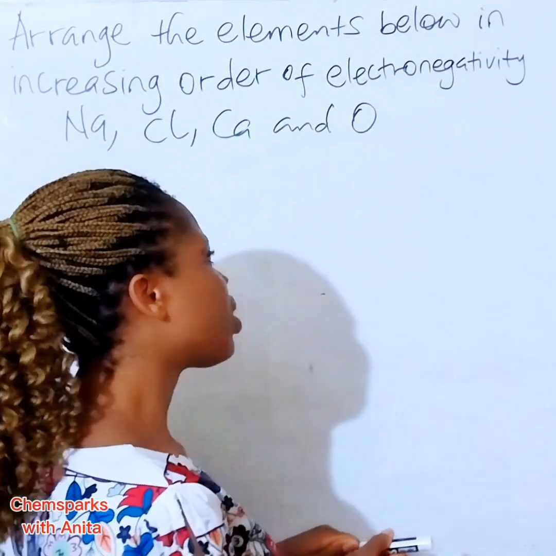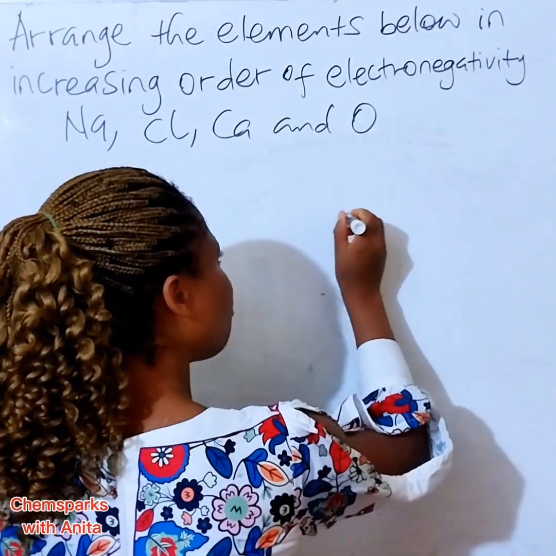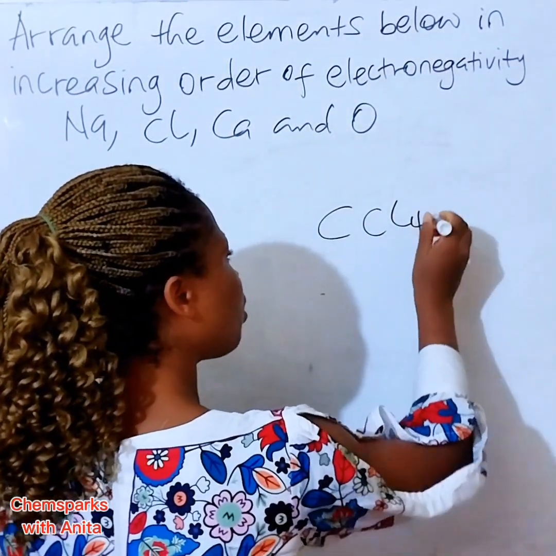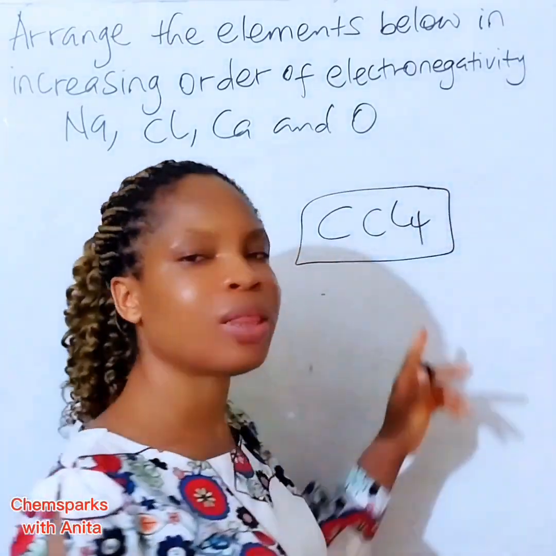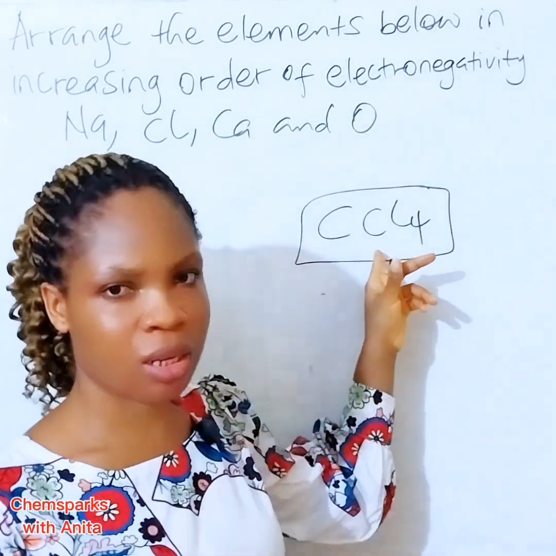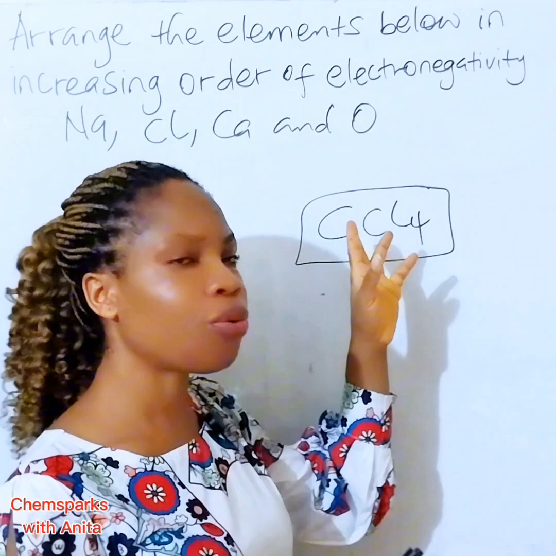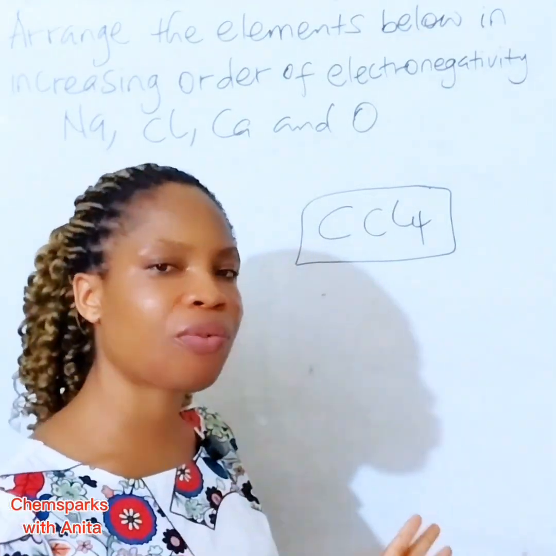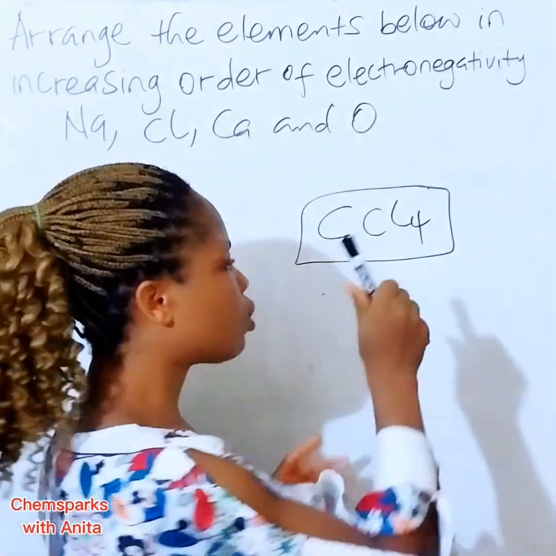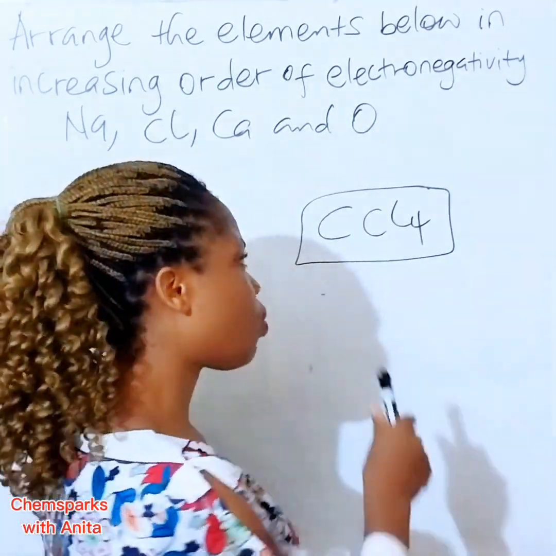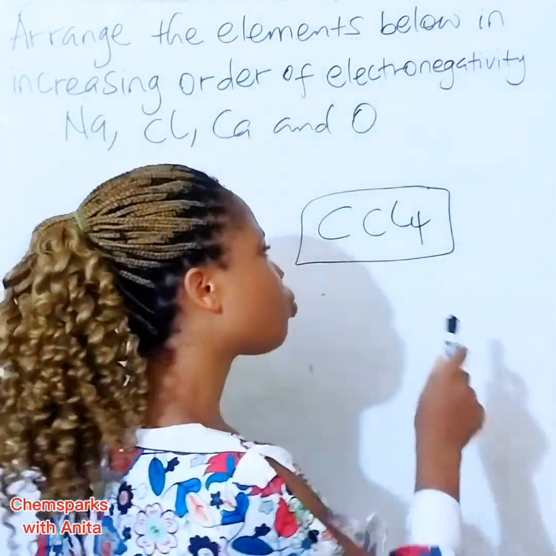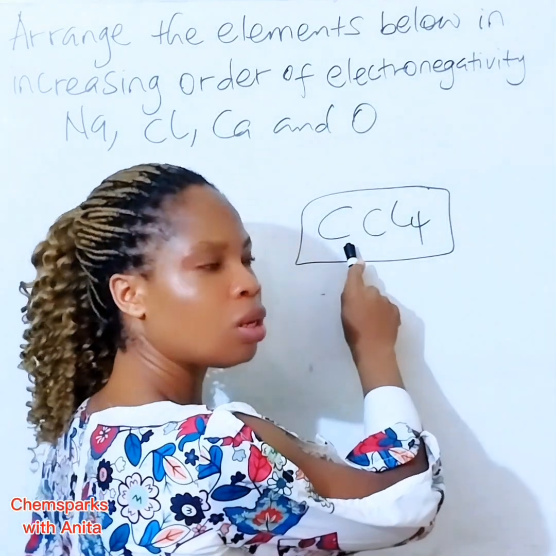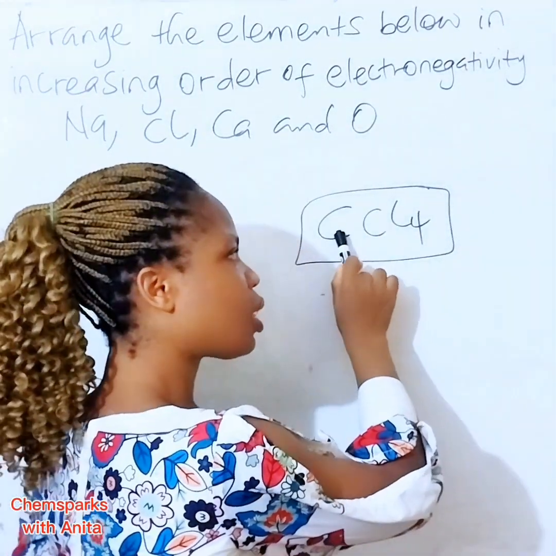For instance, if we have this compound, if we have CCl4, now this is a molecule of tetrachloromethane, okay? So this is tetrachloromethane. Chlorine and carbon are two non-metals having different electronegativity. Chlorine is more electronegative than what? Carbon. So the electron which chlorine is sharing with carbon to form the bond between the carbon and the 4